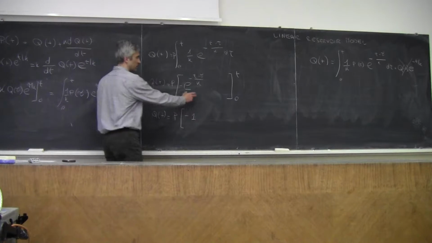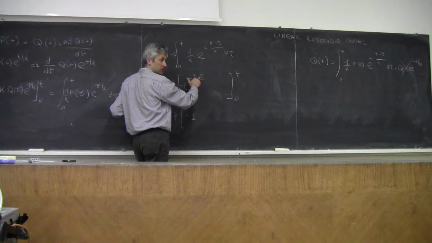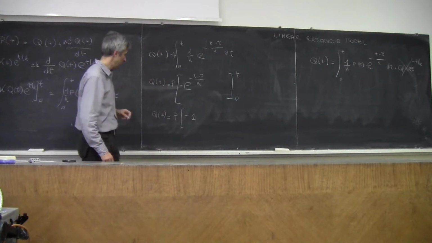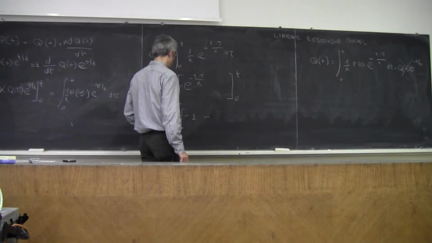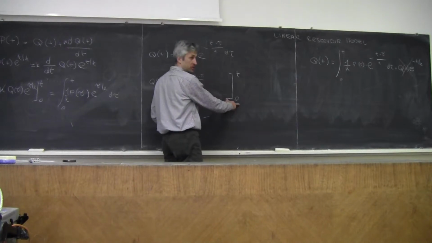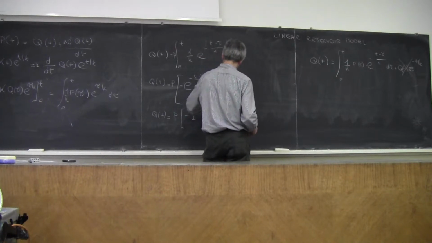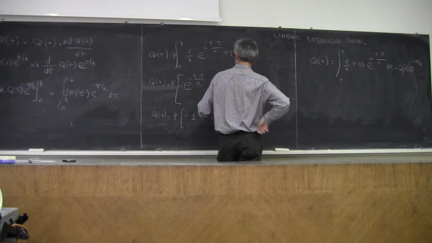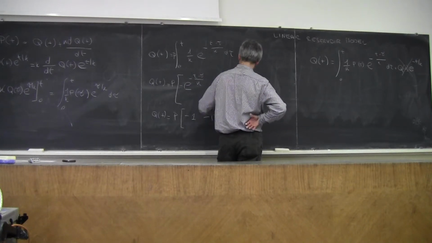And if you compute this term for tau equal to t, you obtain e to the power of minus (t minus t), which is 0. So it becomes e to the power of 0, which is 1, and therefore minus 1. Should be correct. And then we have a minus because I am computing in 0, so we have to subtract it. And then I have here minus e to the power of minus t over k.